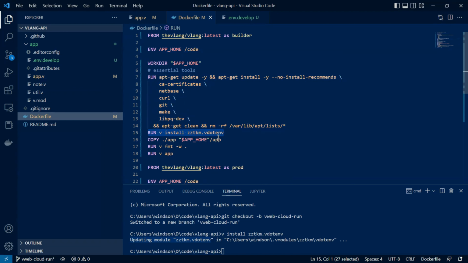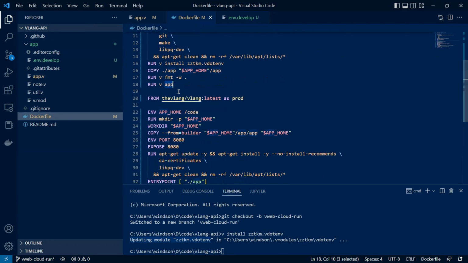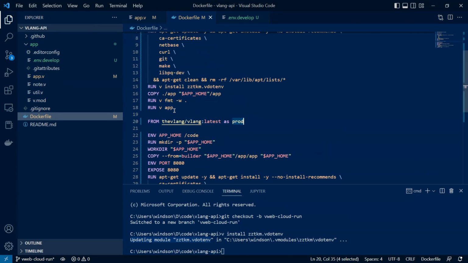package from the V package manager. And then I'm moving all the contents of V app to app directory and I'm formatting the application code and then generating the build executable from my app that is present in the app directory, which is identified as the directory name here. In the second layer of the Docker file, which is titled as prod, the outcome of the